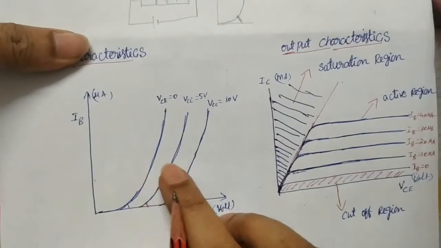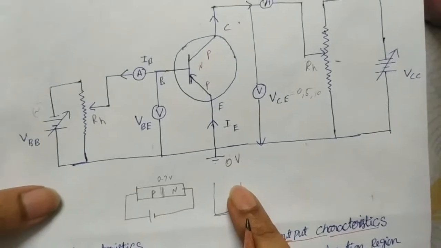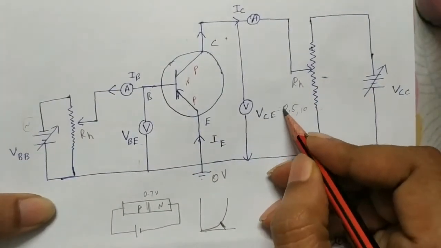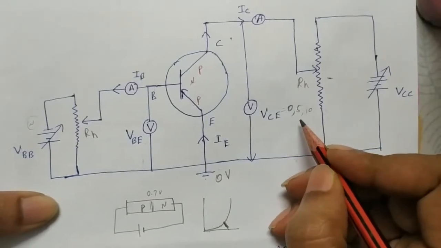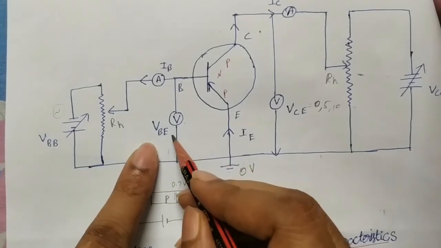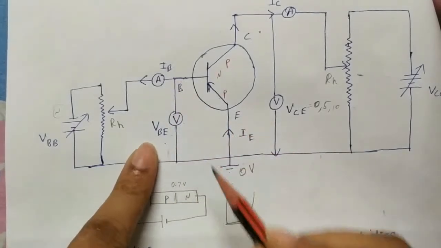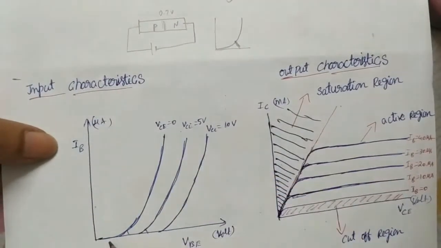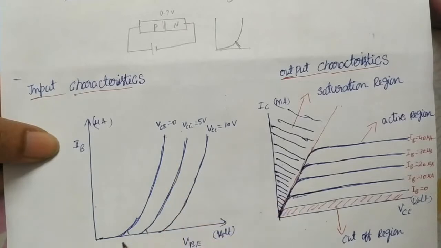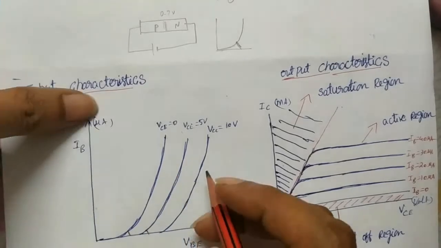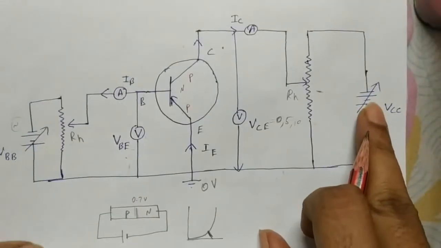Here you see like this. But here, first they keep the output voltage VCE equal to 0. Then they increase VBE from 0 to a certain value and note how the current is changing, and we get a graph like this. You see the first graph, when the potential VCE is 0, we get a graph like this. Up to a certain potential, zero current, and after that it gives huge current. Now again they make this potential some value.